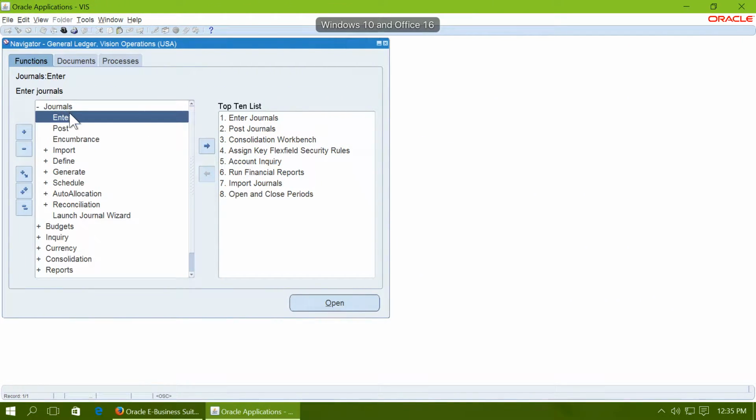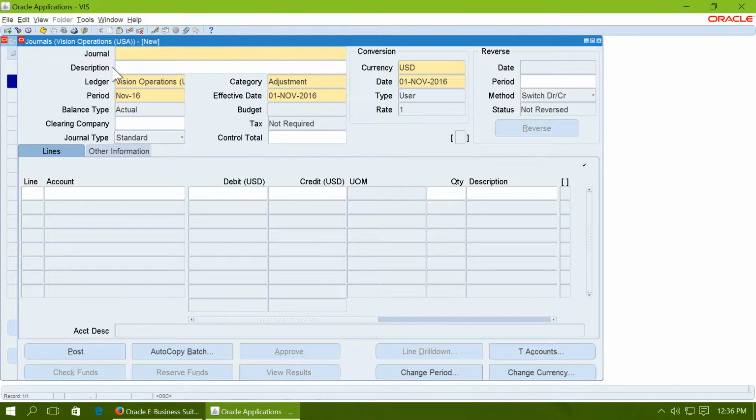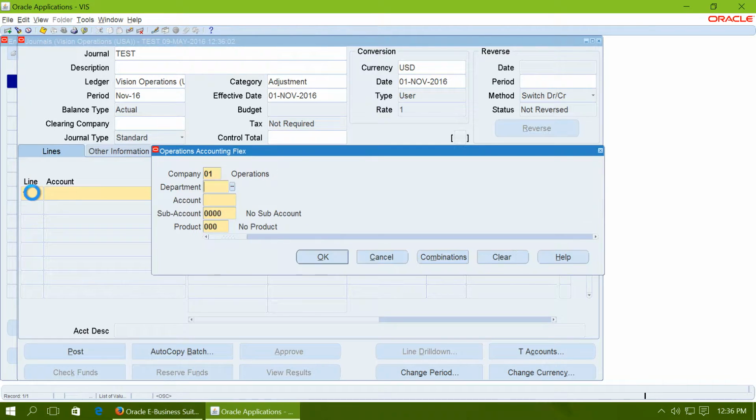In Oracle, when you create a journal entry or when you import a journal entry, you give a name to the journal entry, and when you enter a line, you would typically enter an account and a debit or credit amount. In traditional accounting, this will just be a name or code of the account. However, in Oracle, as said earlier, there could be multiple dimensions, like department, sub account and product. These are other dimensions that are combined with account.